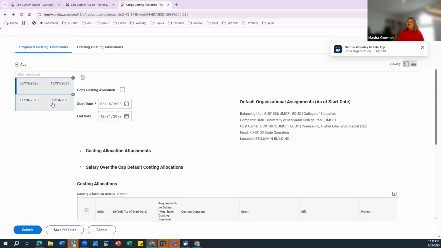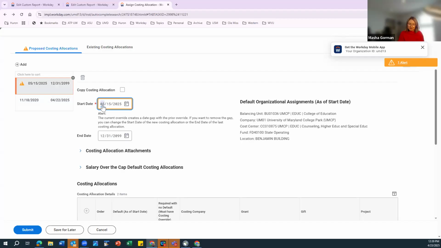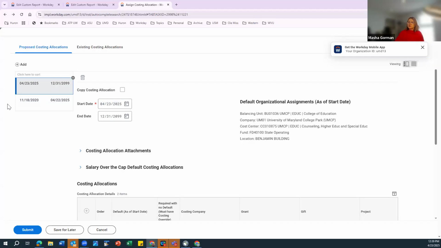Let me show you something. If I was actually doing costing allocation effective today, and let's say I would do it on 04/22, I would end my previous one, and then I would create my next one with today's date. Okay. So it looks good, right? When I'm going to submit that,